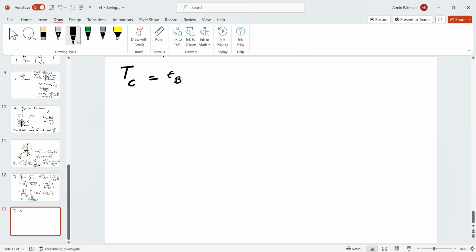That's the time C met with B and they synced their clocks, plus TB2 over a different gamma. Let's call this gamma C. So what is this gamma C? So it's going to be